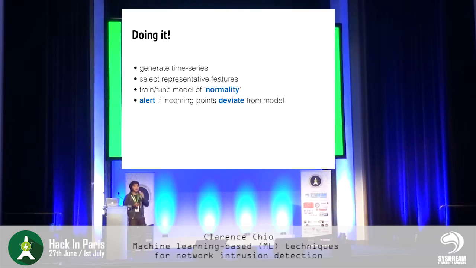You have to generate a time series from this web server data that you're collecting, whichever kind of data, most commonly web logs. And you can generate one or multiple time series. It could be the number of times this IP address has visited your server. It could be the periodicity between this IP address visiting our server. It could be the user agent in particular that is visiting our servers.